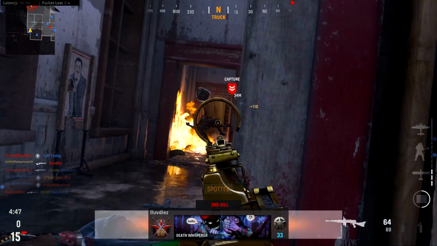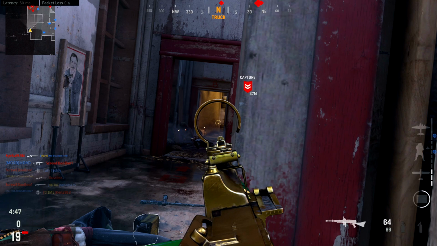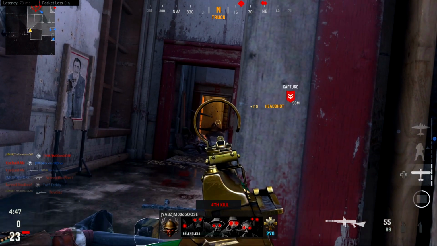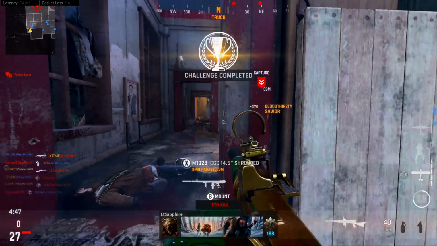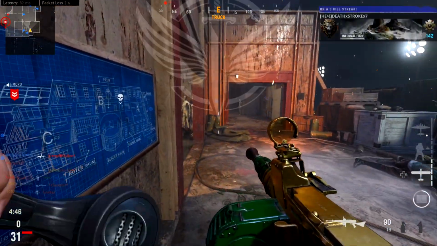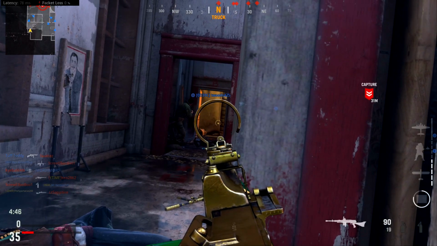Like for example, if you're trying to get your bloodthirsties done with the Kar98 sniper, you can get 4 kills in a row with the STG, and then the 5th kill is with the Kar98, then that 5th kill will count as a bloodthirsty completion for your bloodthirsty challenge, which is pretty cool to see. So I'm happy that that was implemented in the game, even though it doesn't tell you that